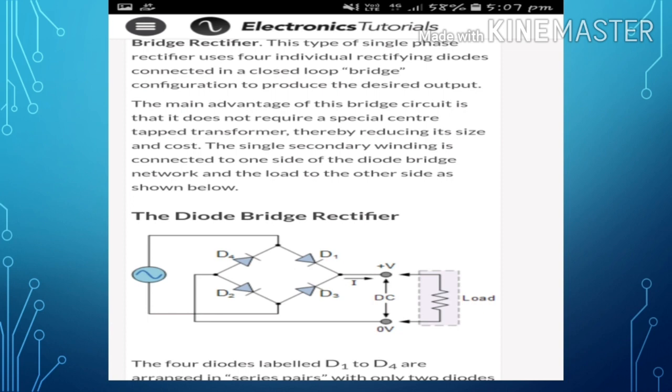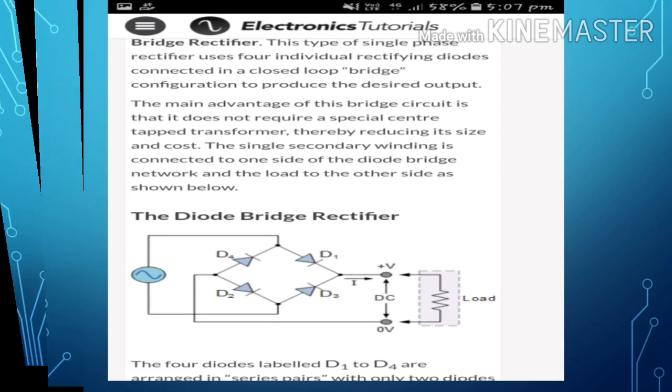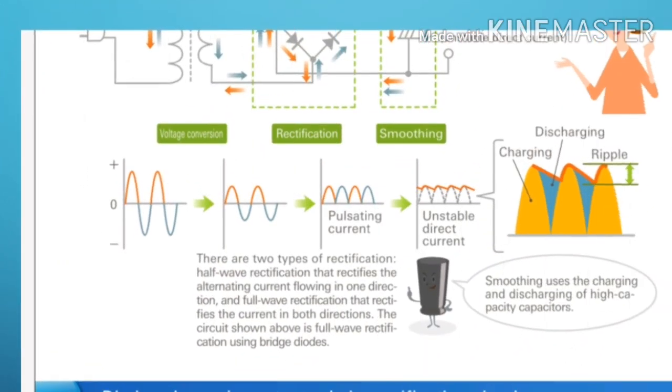Again in the negative half cycle, D1 and D2 go to the off condition, and D3 and D4 become conducting. That is, they are forward biased and all the other diodes are in the reverse bias condition. So we get the desired output across RL, the load resistance. So here also we are getting both the cycles as output. For both the half cycles, positive and negative, of the input signal, we are getting output, that is, the full wave is rectified here.